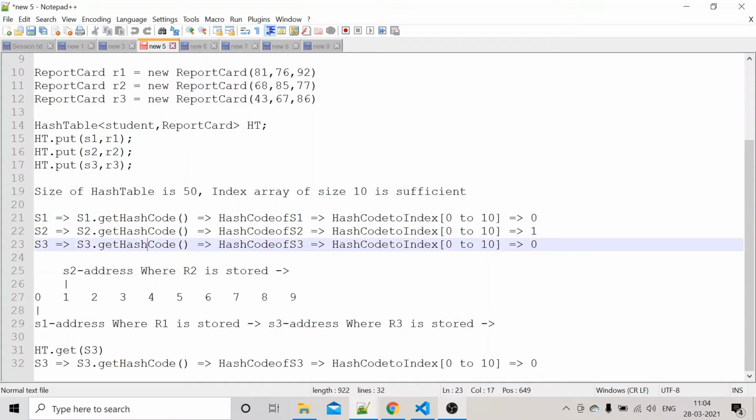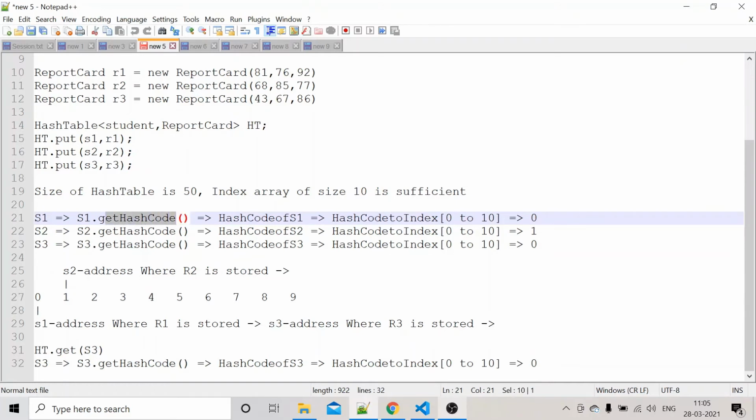Next comes the question: how to compute the hash code value for an object. Usually, the key of the hash table would be a value type, but in our case, student is a reference type. Let it be the .NET framework or the Java framework, by default, at the framework level, the definitions for the get hash code method and equals method would be available, because the framework knows how to compare two value types like integer, float, or string. But student is a user defined type. The framework doesn't know how to compare two student objects. We have to override the get hash code method and equals method so that the framework knows how to compare two student objects.